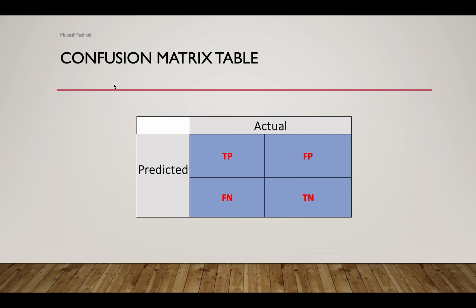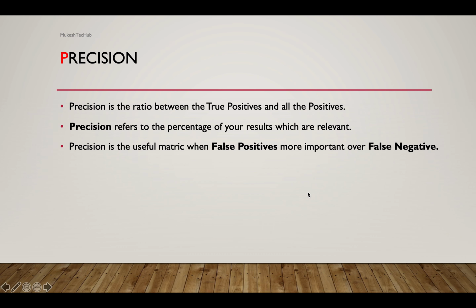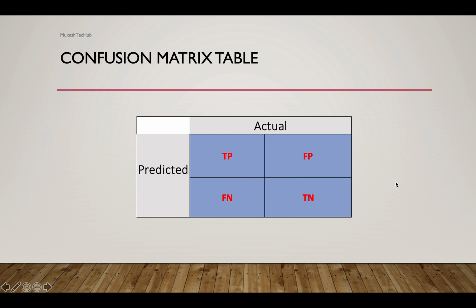What about true negative? The predicted value matches the actual value, the same as true positive, but here we have a slight difference: the actual value was negative. In the case of true negative, the actual value was negative and the model also predicted negative. So in this scenario, both the actual and predicted values were negative, so we clearly classified the values.